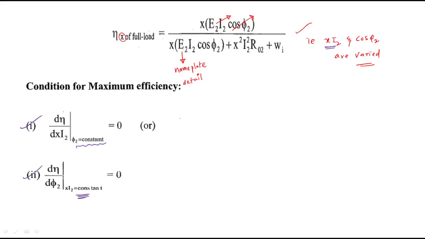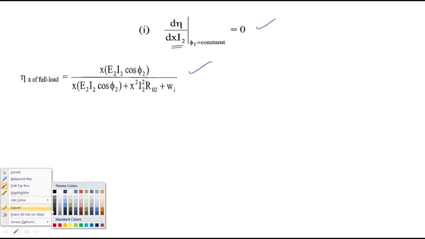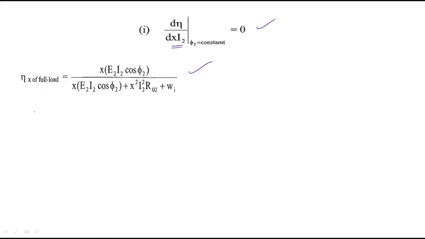First, the efficiency with respect to x I2, keeping the phase angle constant. This is the first case. So this is the efficiency formula, and in order to differentiate this with respect to x I2, we have to use the u by v formula, right? d eta by d(x I2) equals 0, right? Therefore